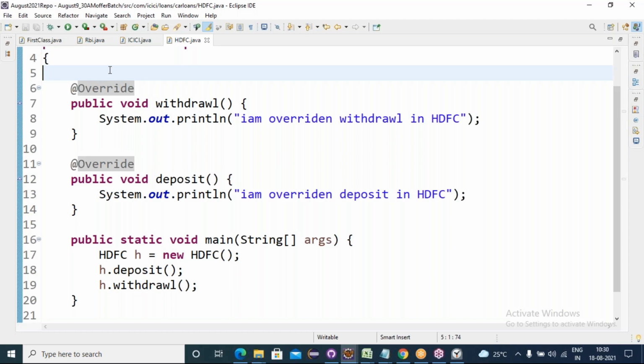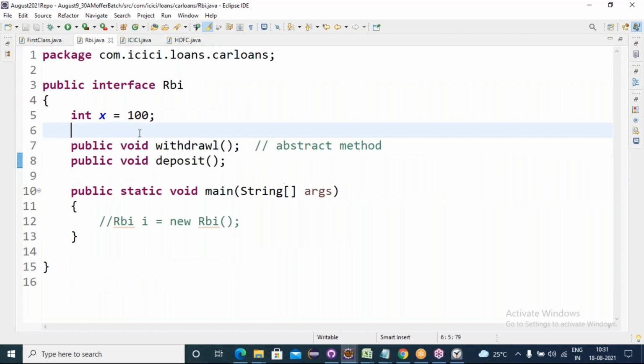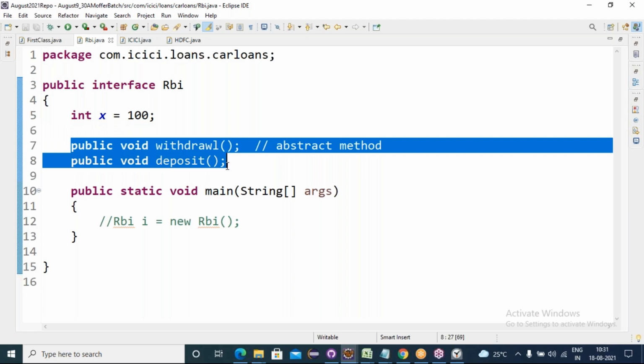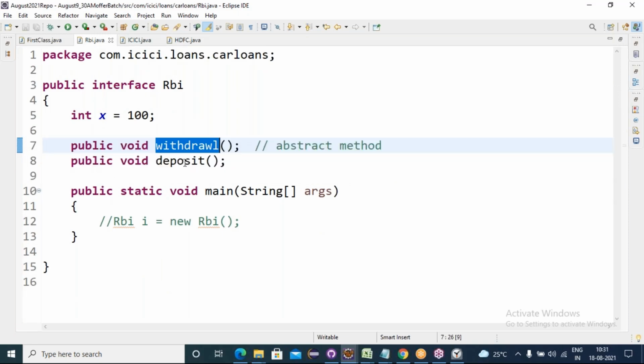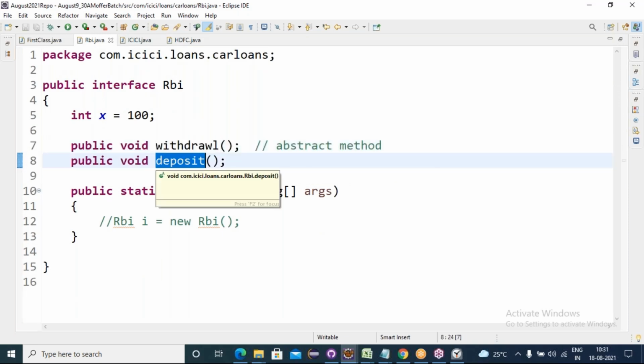I have one doubt. Yes, go ahead, madam. We already have a class, so why do we need the interface then? See, vendor to vendor the requirement varies. Then we declare the method as an abstract method. HDFC is one vendor. Everyone has to follow the RBI standards. The services must be the same; the implementation can differ. Yes or no?